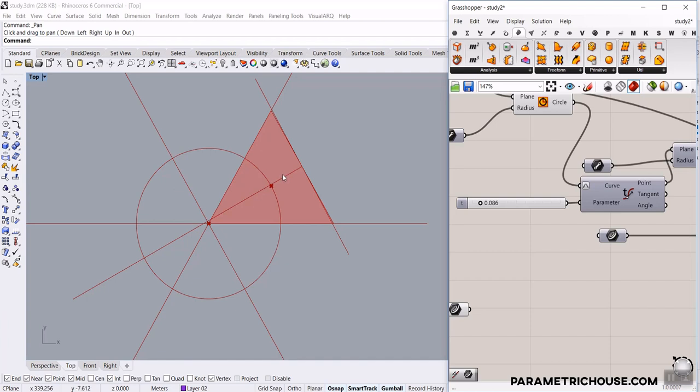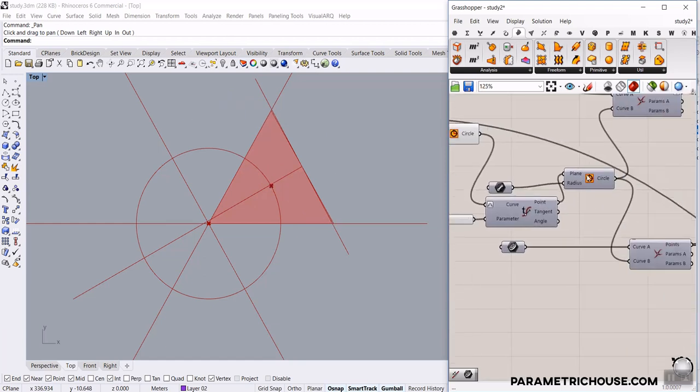This is the starting point. The distance between this point and this, the first point we had here and the second point we had here, is always the same, right? So wherever we move the equilateral triangle center point on the circle, we have to find the location of this point, and we can do that by drawing a circle here with the radius of this length. So if we just draw that,